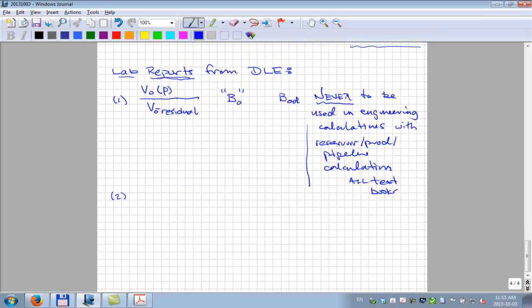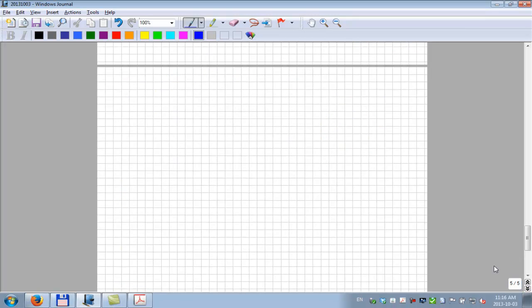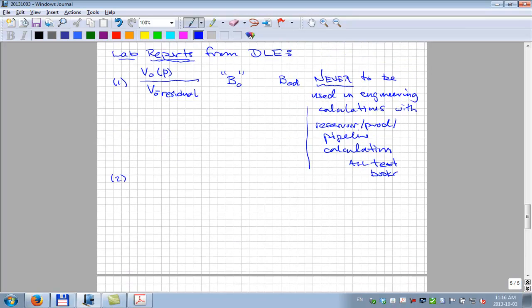Okay, so the second, let's just go through all the data that are reported. And we'll start with the oil properties. So the oil density